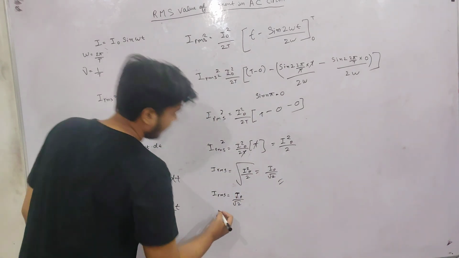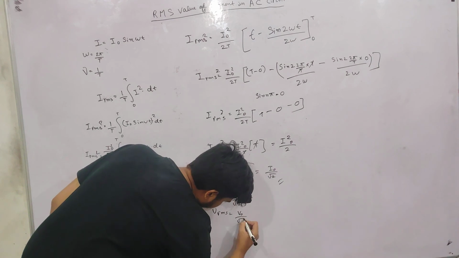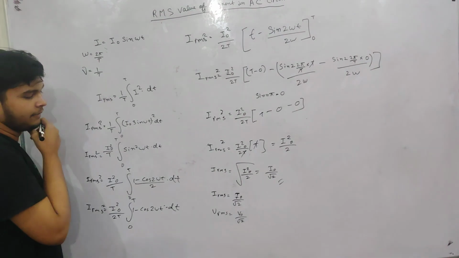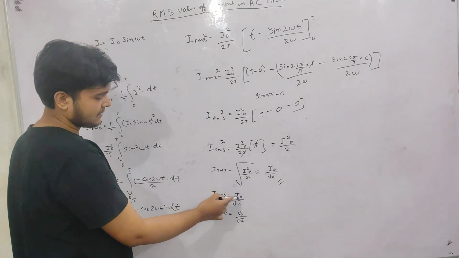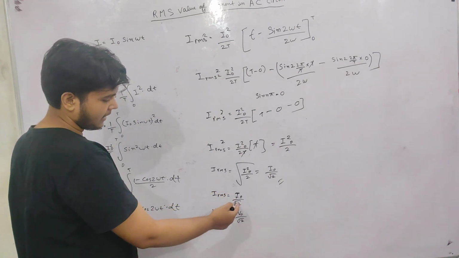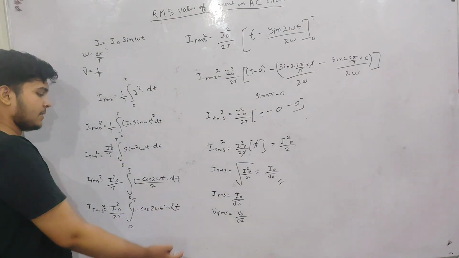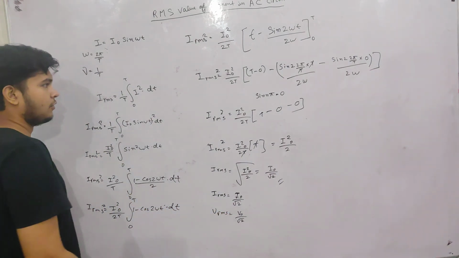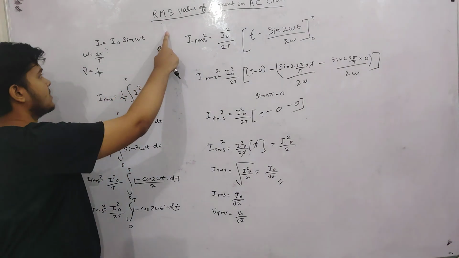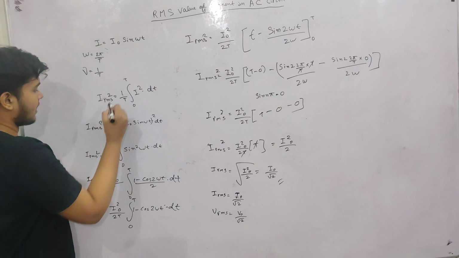By the same formula, V RMS will be equal to V naught by root 2. From here, if we get the value of I RMS in a numerical, we can find the maximum current I naught by multiplying it by root 2. In the same way, if we get the value of V RMS, we can get the maximum voltage by multiplying it by root 2. Root mean square current: (I RMS) whole square equals